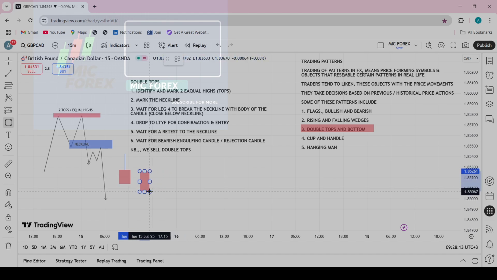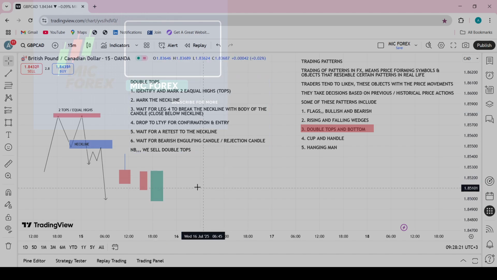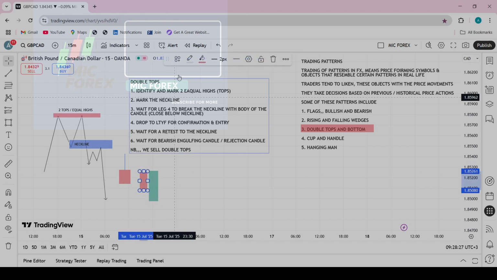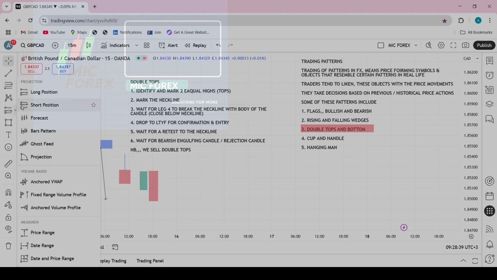Bearish engulfing candle looks like this. That's a green one. Then we have an engulf. This one is bearish engulfing candle pattern. In other words, oh no, this one is the one that is green. Sorry, let me correct myself. Then this one is the red candle. Yes, this one is bearish engulfing candle. So you take your trade at the close of this